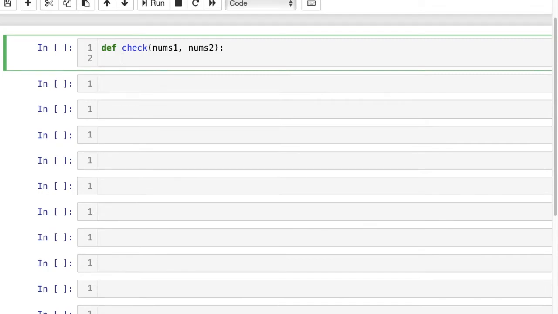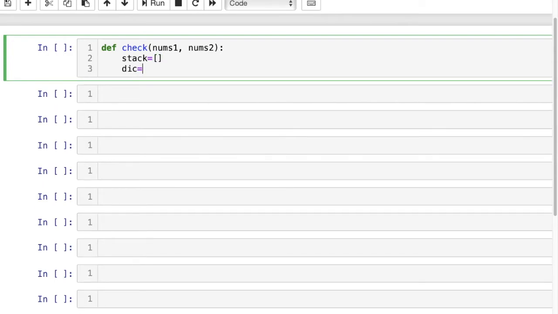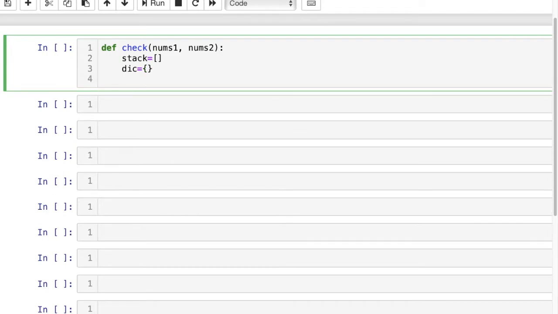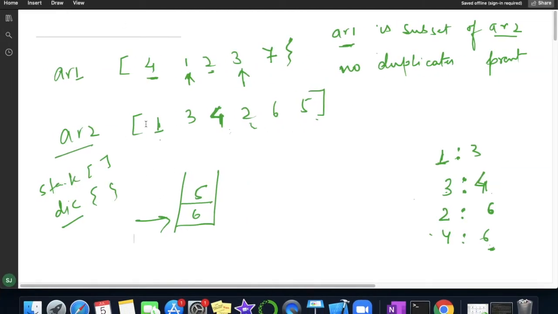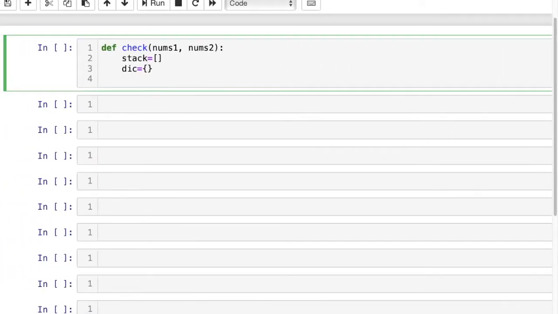Now we have to take one list of stack type and one dictionary. Now what we have to do here, we have to iterate in my list 2 for applying the stack: for v in nums2.